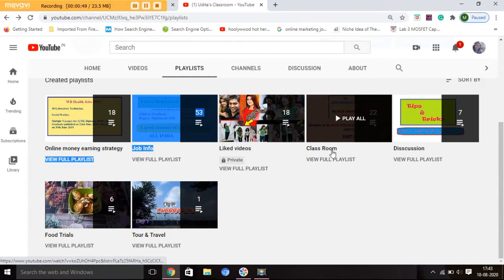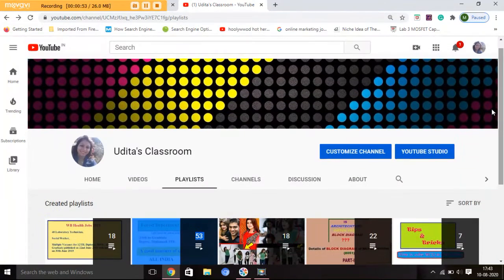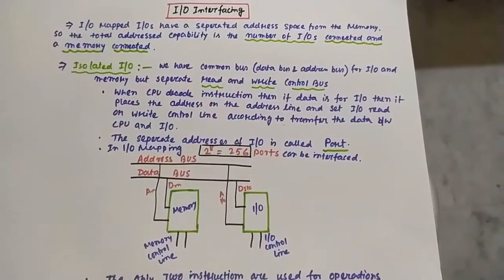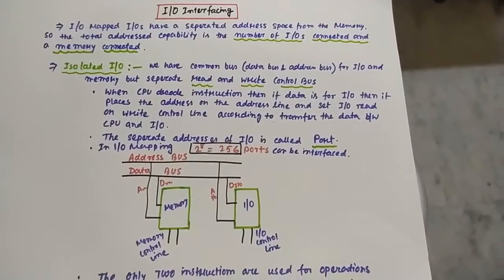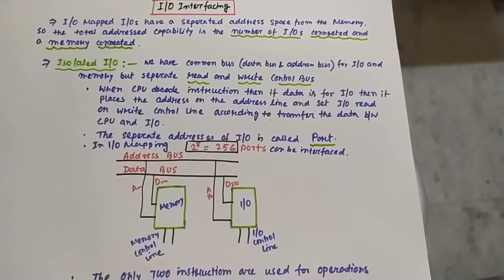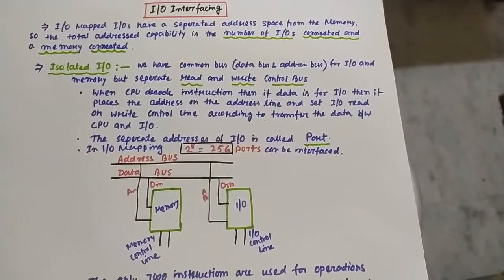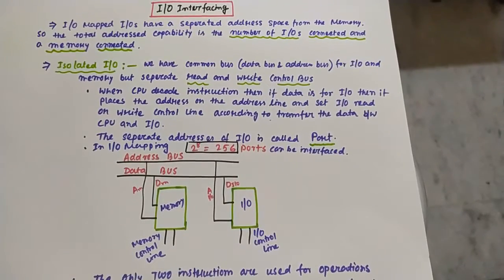Now the series is going on about microprocessor 8085. So now go to the point. Here let me first explain the introduction part of input-output interfacing. Later you can get the classifications, and obviously the last part is going to be the application part of input-output interfacing.